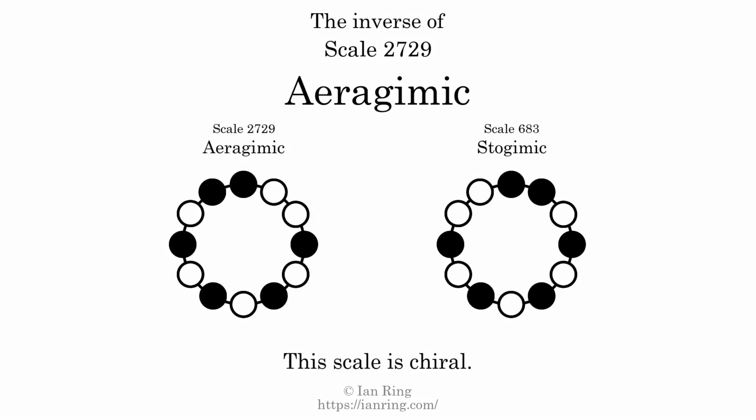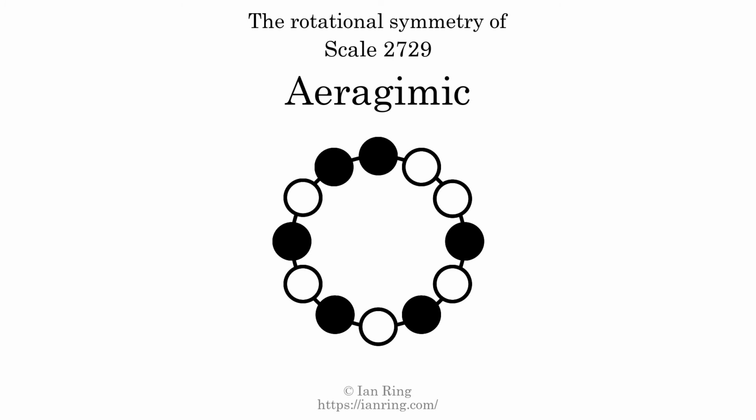The inverse of a scale is a mirror image. It is what you get when the sequence of intervals is reversed. The inverse of this scale is scale 683, also known as Aeragimic. This scale is chiral. It cannot transform into its inverse by rotational transformation. This scale has no rotational symmetry. For even more detail about this scale, visit